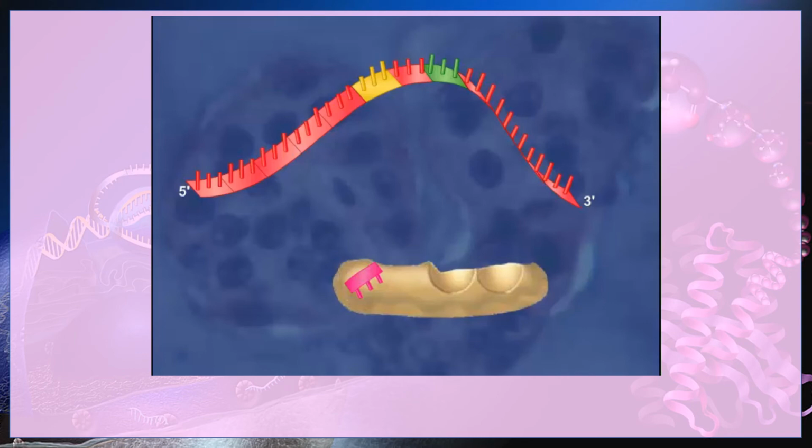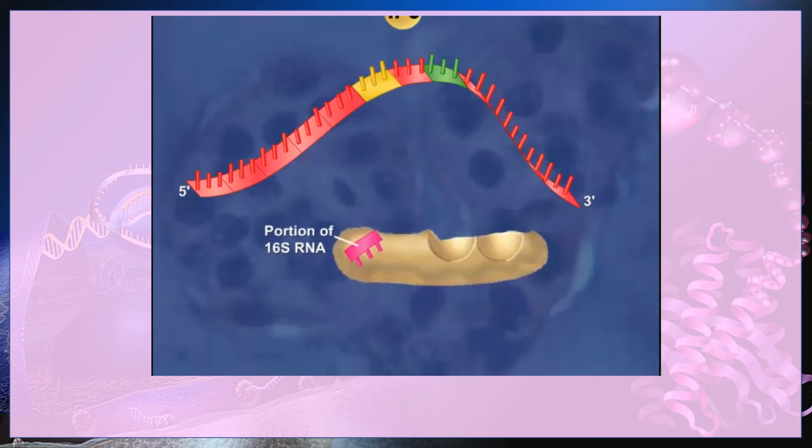Initiation of translation in bacteria begins when the 30S or small ribosomal subunit binds to the mRNA near its 5' end. This process is facilitated by a Shine-Dalgarno sequence in the mRNA, which is complementary to a component of the small ribosomal subunit called 16S ribosomal RNA. Though a shorter sequence is shown here, the Shine-Dalgarno sequence is actually 9 nucleotides long.